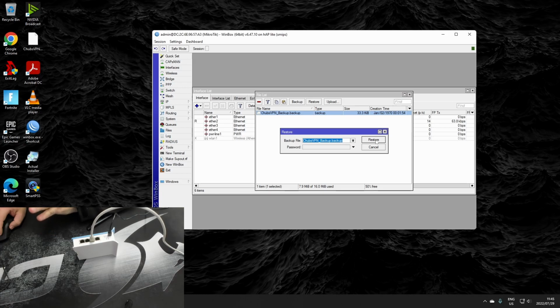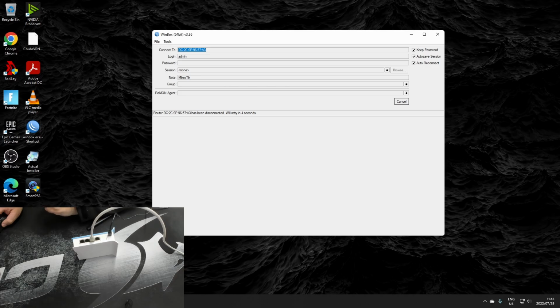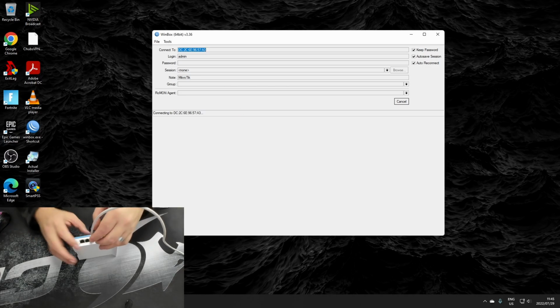Once you've done that, it will restore the configuration and reboot the router. So let's do that and see what happens. Your router will disconnect after a while, and then you can just wait a few minutes and then check. And what you need to do then is, if you look here,